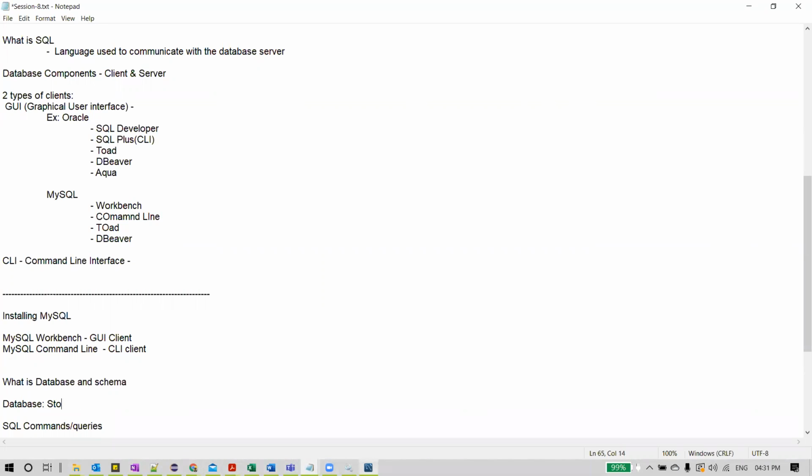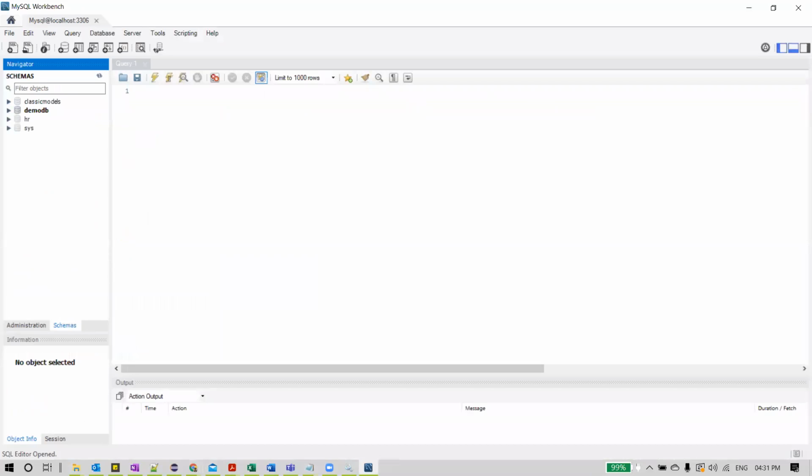Where we store data, it is called a database. It is just a storage area. And what a schema is: under one database, you can have one or more schemas, and each schema is a